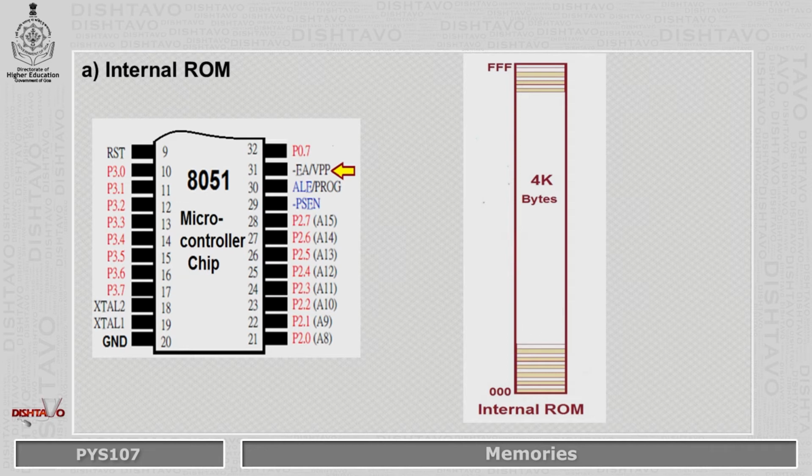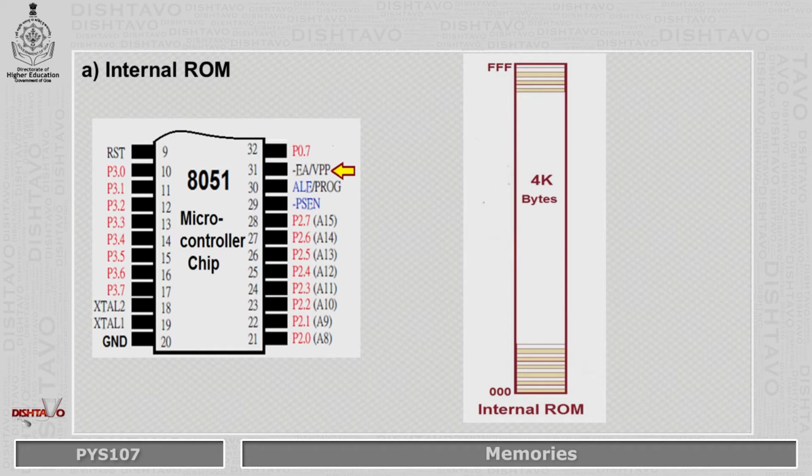Internal ROM. As per the feature, 8051 has 4 kilobytes of space to store the instructions or the program code bytes to run the machine. This is built-in ROM which occupies the address space from 0000H to 0FFFH. The program counter in general is used to address the program code bytes from 0000H to FFFFH for a 16-bit addressing system.